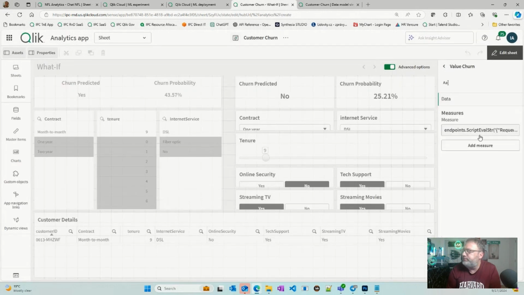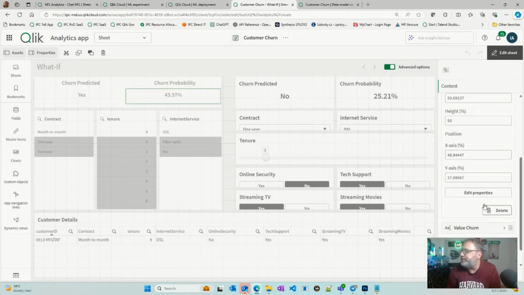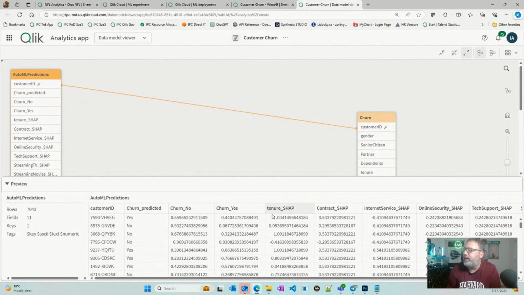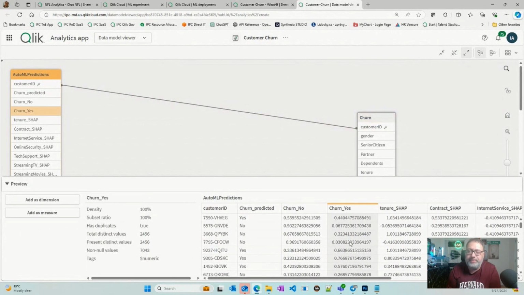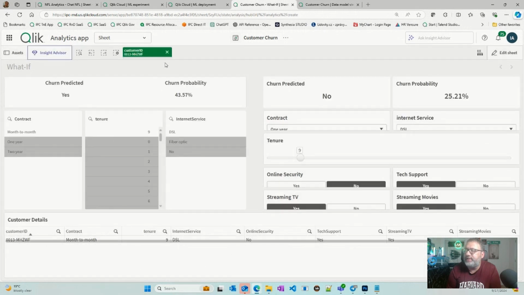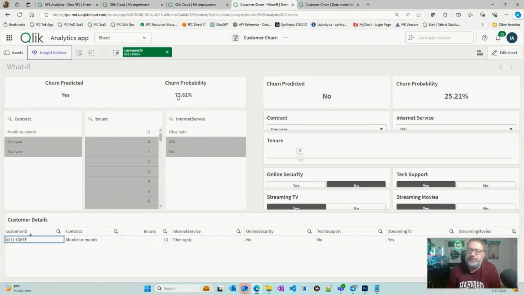How about the other one? So let me go to the probability. And it's almost the same. What changes is the column we're returning. I want to return the probability of churn being yes. This column here, which is the probability of the churn being yes. That's it. Very good. List of fields. And then once you make selections, if I select a different one, then it will calculate according to that in real time. You see how quick this is? Great. How about the other one right here?